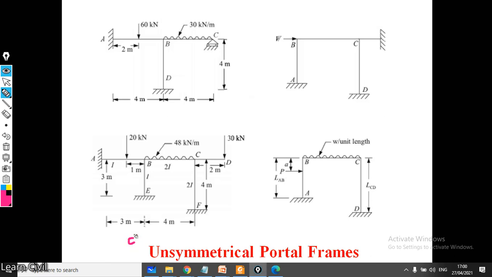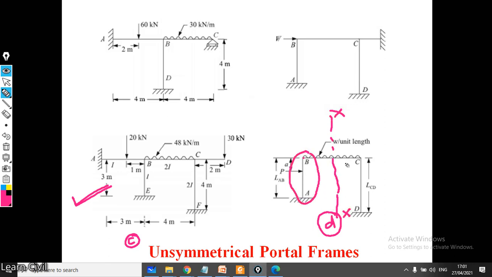If we again see this particular frame C, you can see the frame is unsymmetrical, or it is not symmetrical about any axis. Again we are having another frame D here. You can see the loading is symmetrical about this centroidal vertical axis xx, but